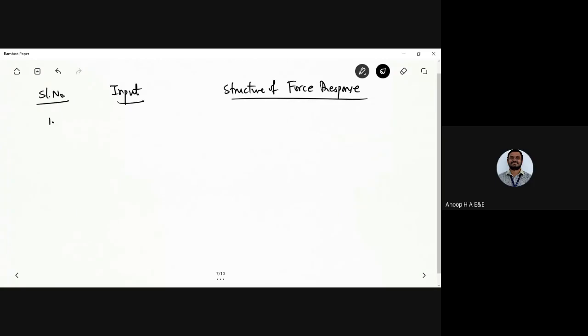Next, in order to find out the forced response of a system, you need to have the input. So the first one is a constant input, say C0. The structure of the forced response, that is YF of t, will be equal to another constant called C1, or you can call it K1 or K, whatever it is. The input is generally the unit step signal being applied, so that can be considered a constant also. The value is said to be constant. It doesn't vary when t is greater than or equal to 0. So you can call it C0 or U of t.